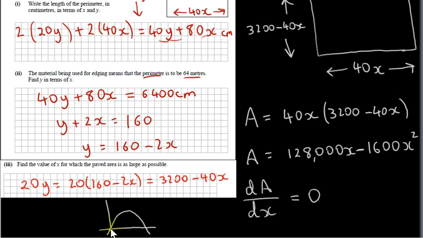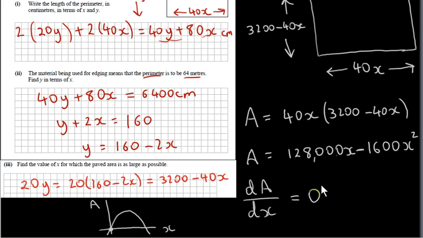It actually crosses the y-axis at 0 because the constant term here is 0. We have an x term, an x squared term, and the constant term doesn't appear. There is no constant term, so it's 0. Anyway, this is a rough graph of A against x. You don't really need to draw this,